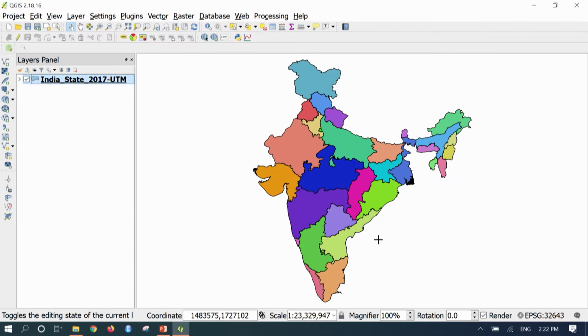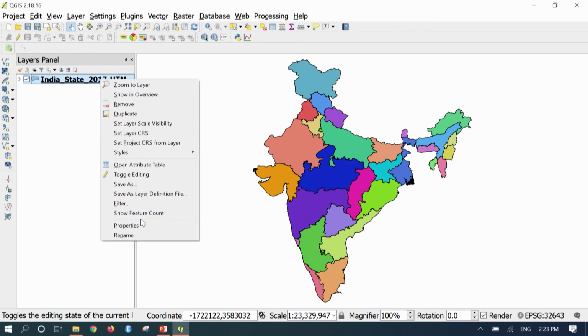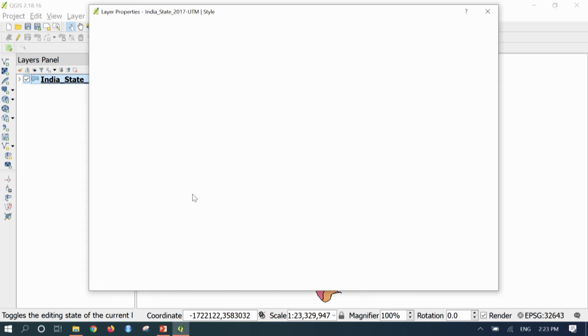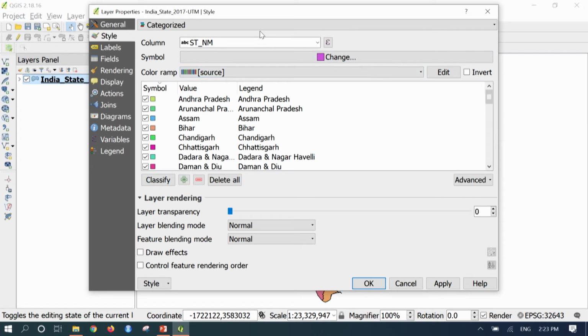So the entire state names are styled now with different colors. If you are using any attribute information, such as population of the state or any other attribute, that also can be styled using this style button. So right click, properties. To style based on categorized, based on the state name, by changing the symbol you can add the color.